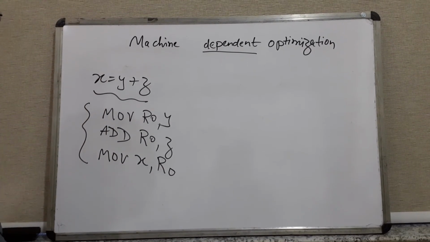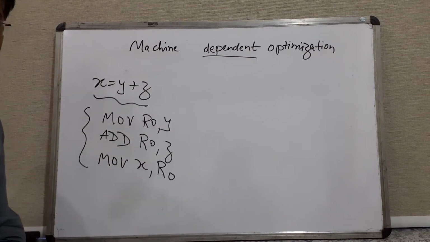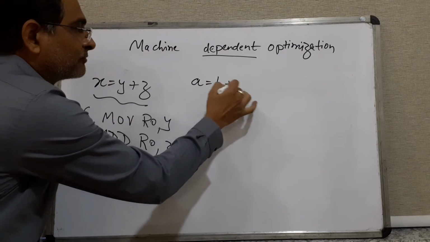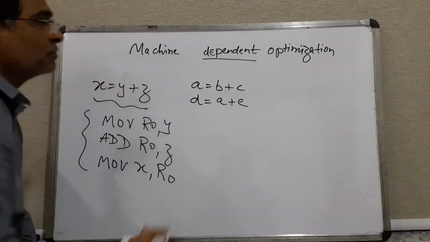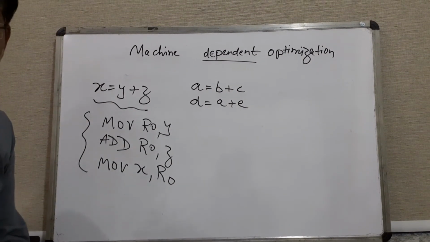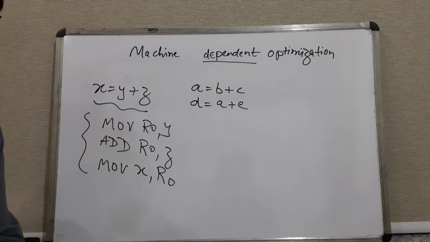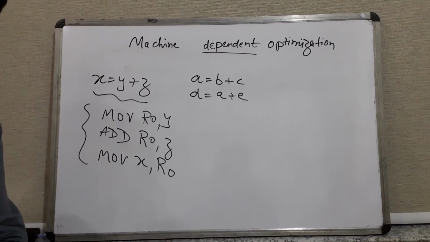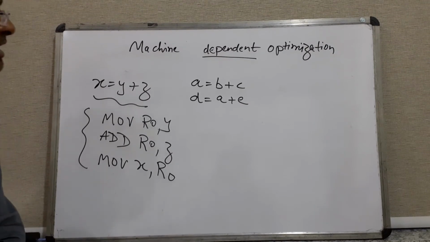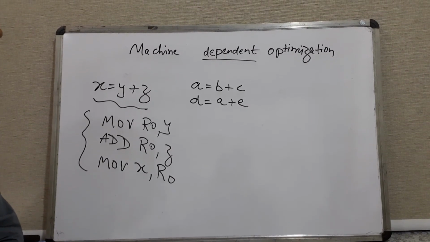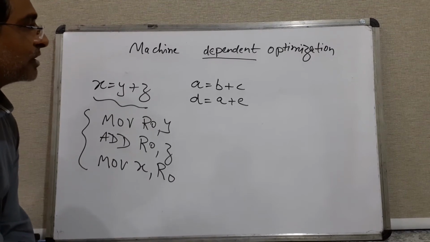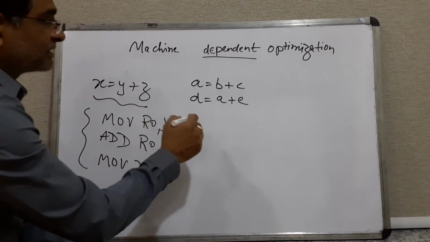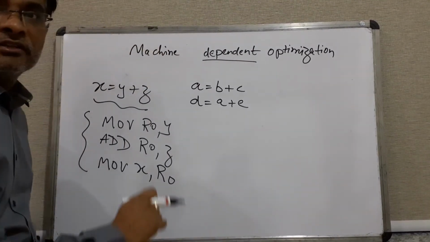So these three statements are the equivalent of this expression. Now, taking this as a base, let's say I give you an example of a is equal to b plus c, and I am saying that d is equal to a plus e. If these two statements are supposed to be executed, then what could be the situation? Independently it is okay, but when you are merging them, then there could be some optimization, right? Unnecessarily, why store and then again get back and load it? So there could be a possibility of optimization. Let us write the assembly code for this. Let's say move